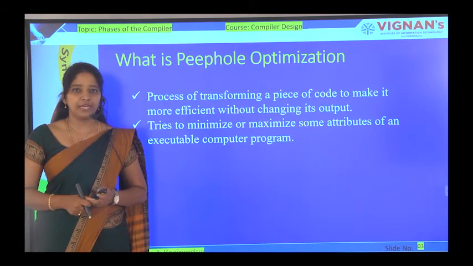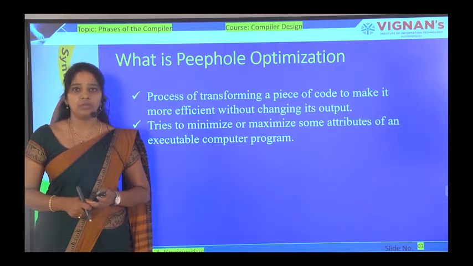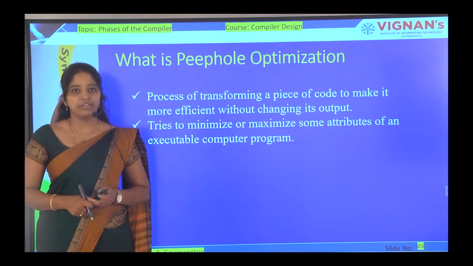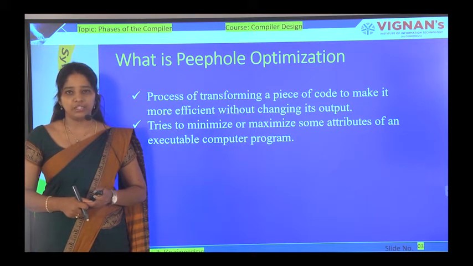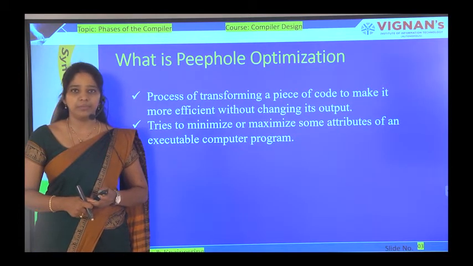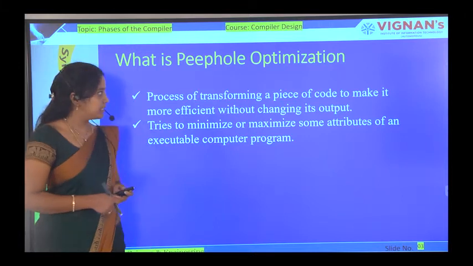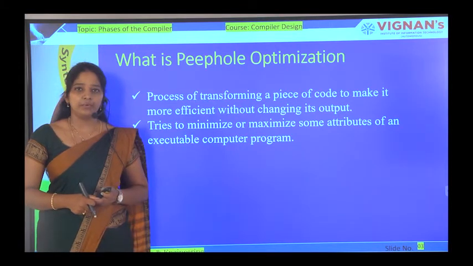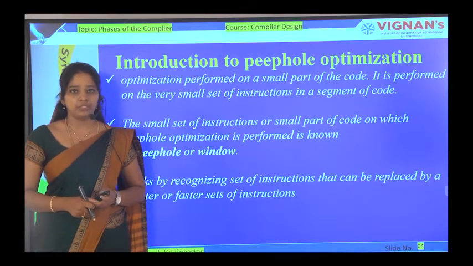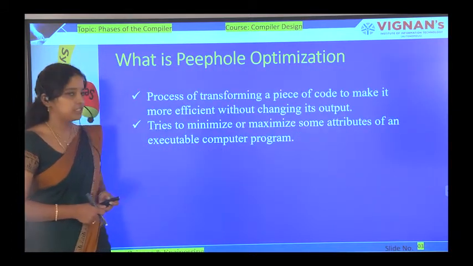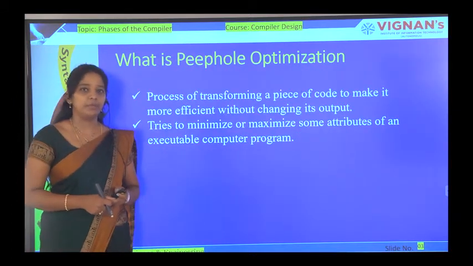We have two different types of optimization: machine independent optimization and machine dependent optimization. In the last lecture, we saw machine independent optimization and its techniques. In this lecture, we see one type of machine dependent optimization. So peephole optimization is one of the machine dependent optimizations.